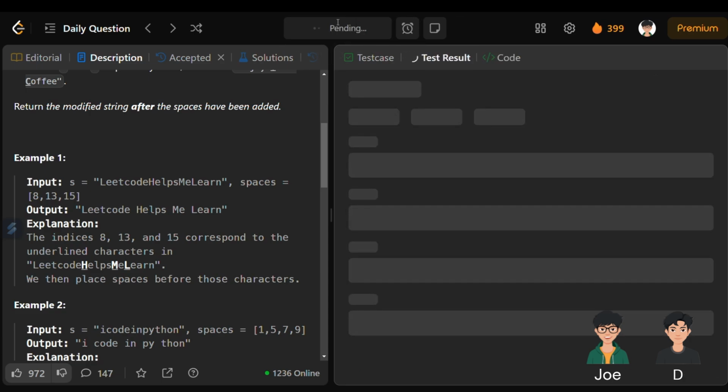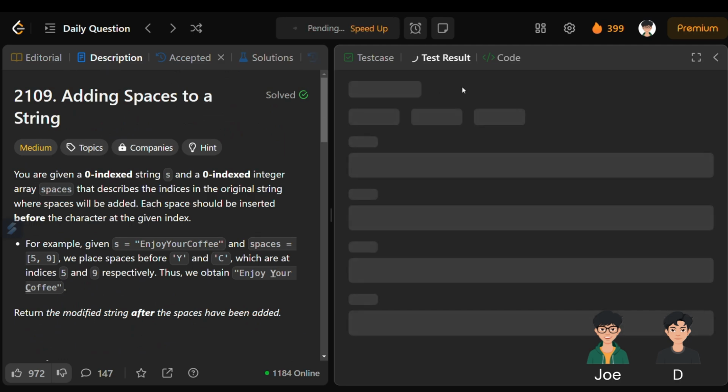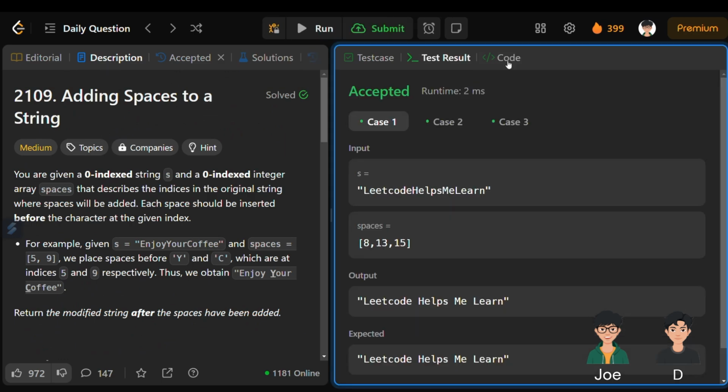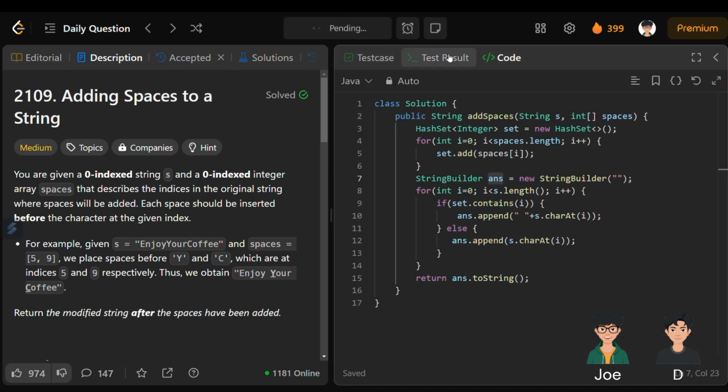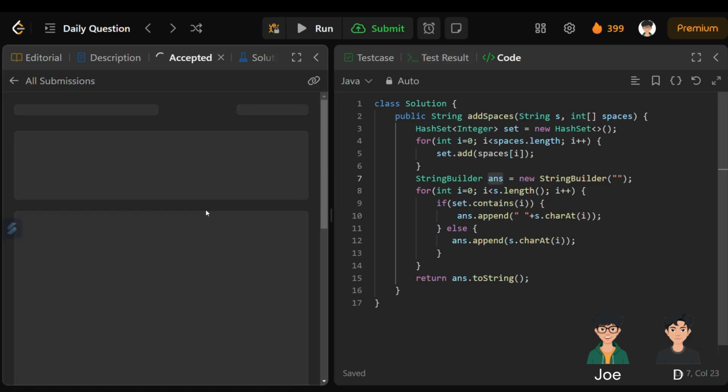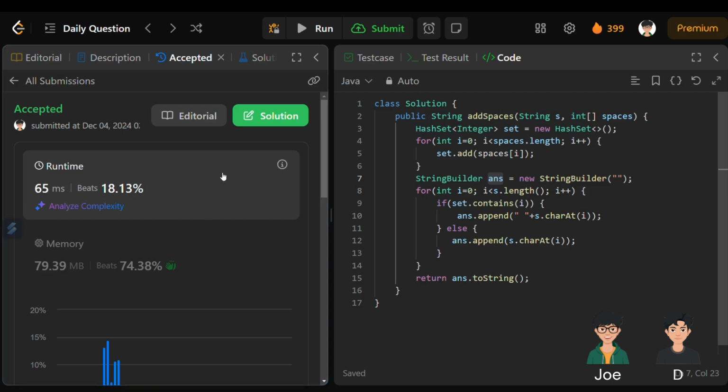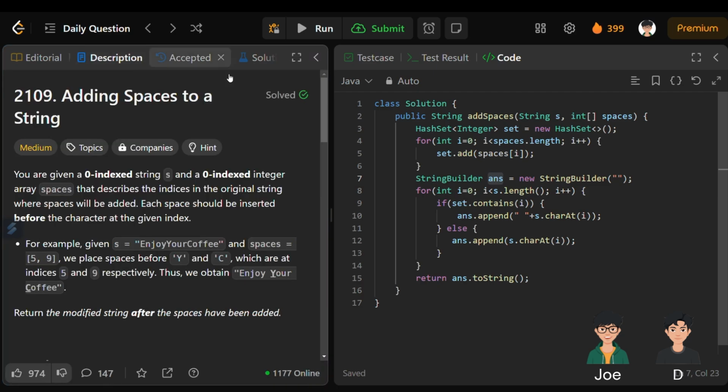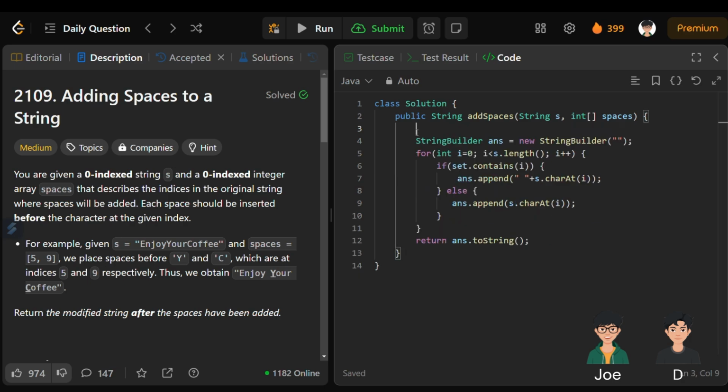Okay, so let's run this. It should get accepted. Yeah, it's getting accepted, and if we submit it, yes, it is accepted. So what I am thinking in this approach is, don't take this hashtag thing,